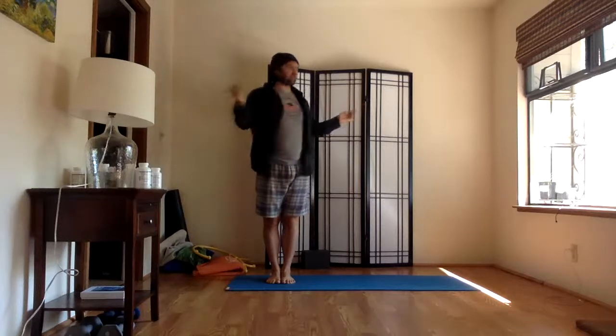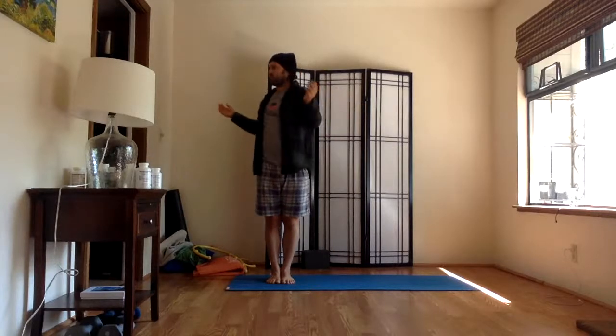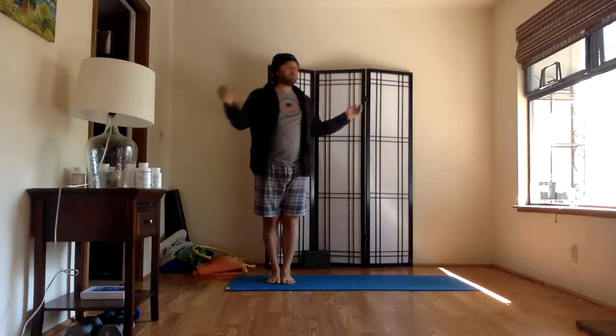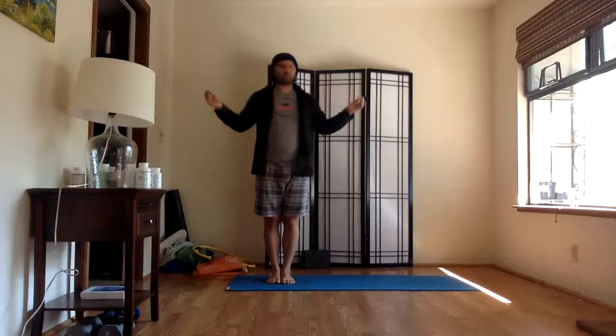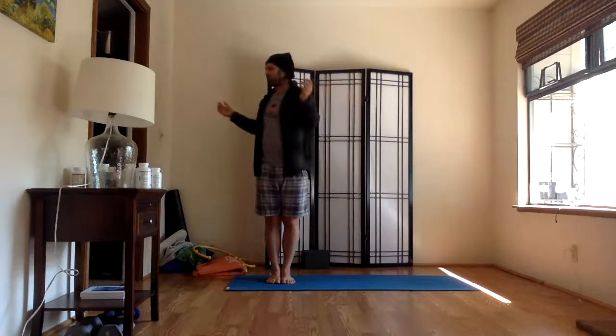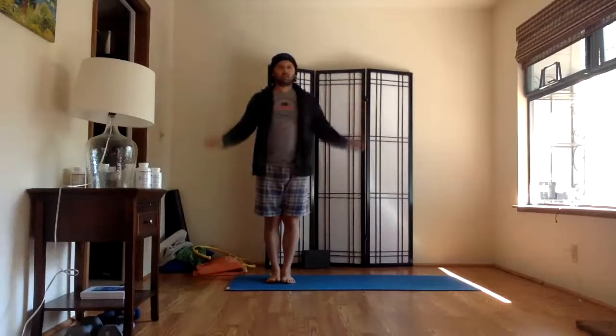Let's go ahead, lift the arms a little bit and twist side to side. Maybe want a wider base. Feet together is a little bit of a challenge for the balance, but you can have a wider base if you need to for comfort. Try not to twist the knees really, but do breathe rhythmically as we move, a nice smooth flow. And come back to center, relax the arms, and we'll go ahead, have the feet a little bit wider,